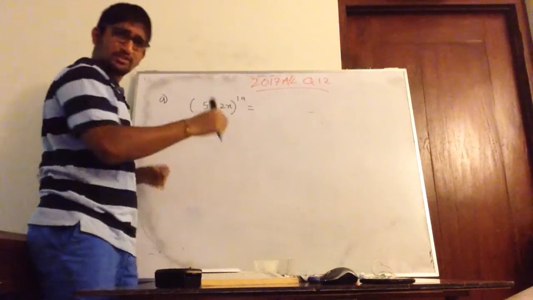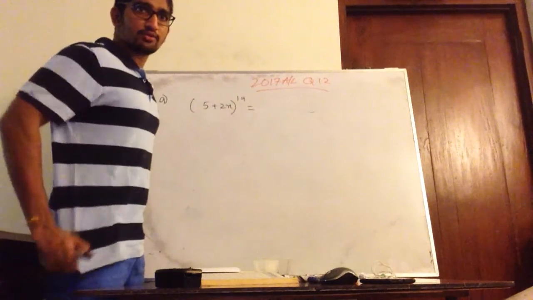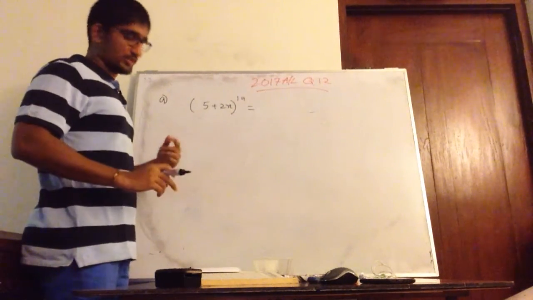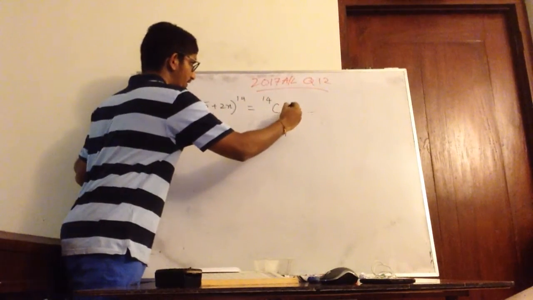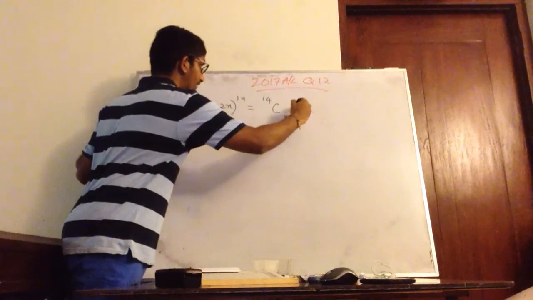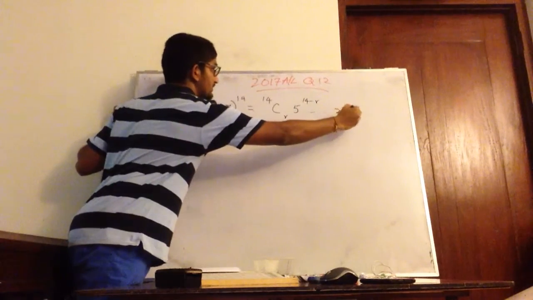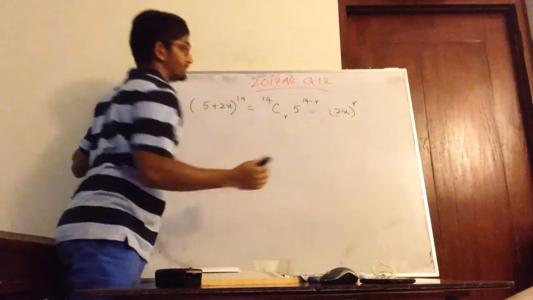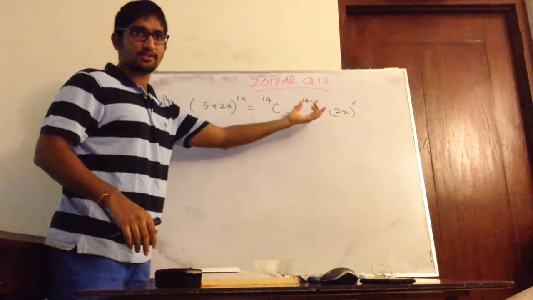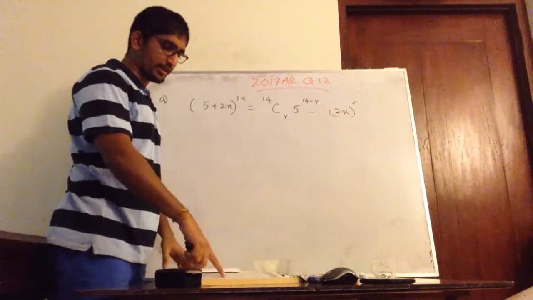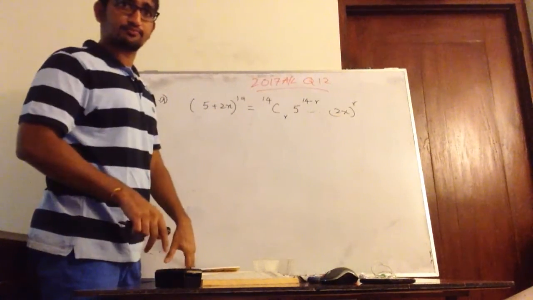Now this should be on your mind, since we have done quite a few binomial expansion sums. So that is 14 C r, 5^(14 minus r), into (2x)^r, right? You can actually interchange this and write it, as there is a particular order, but what are they saying? They are saying ascending powers of x. Correct?